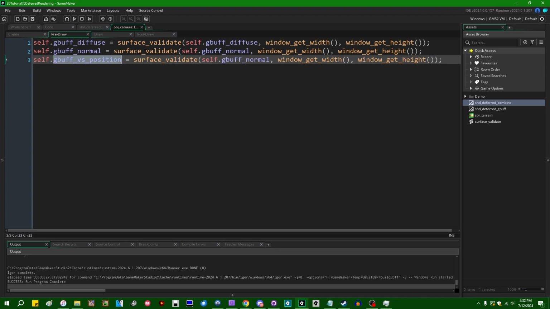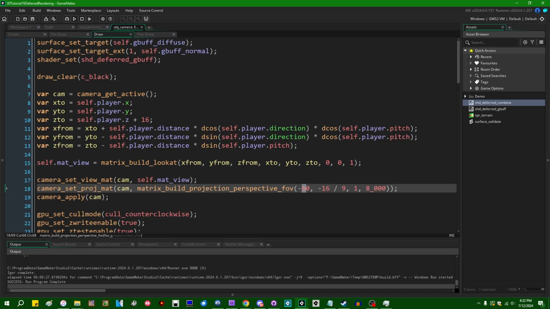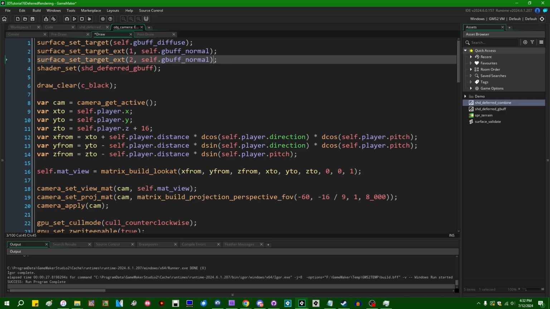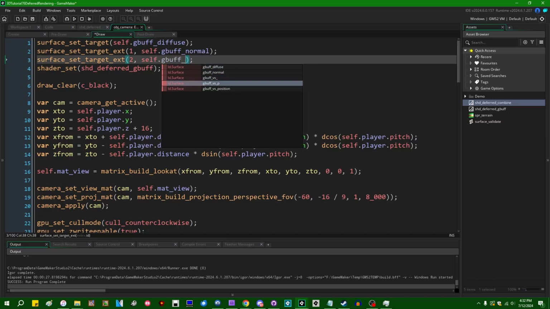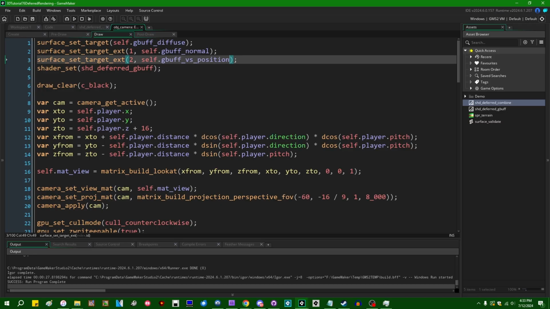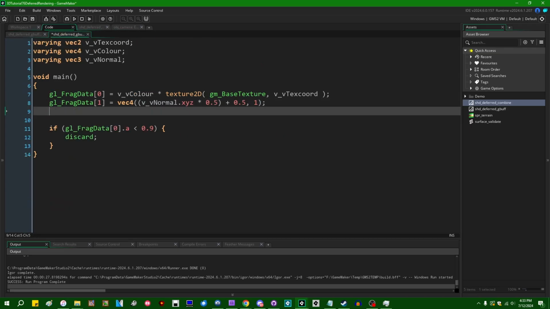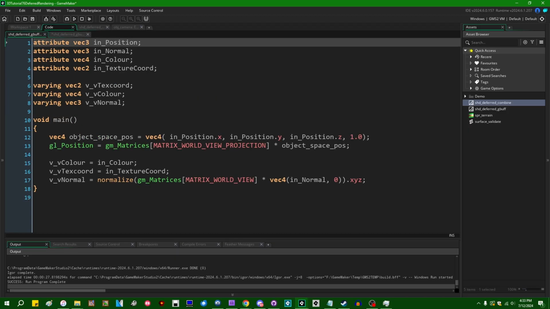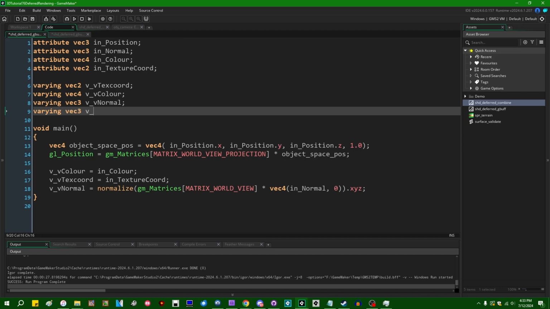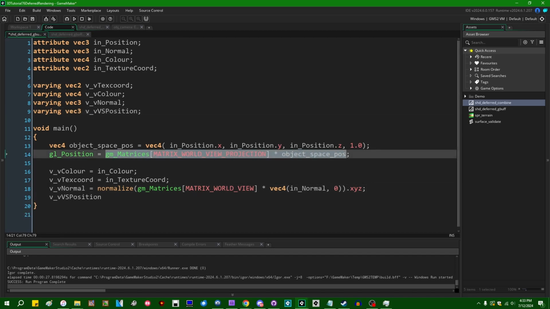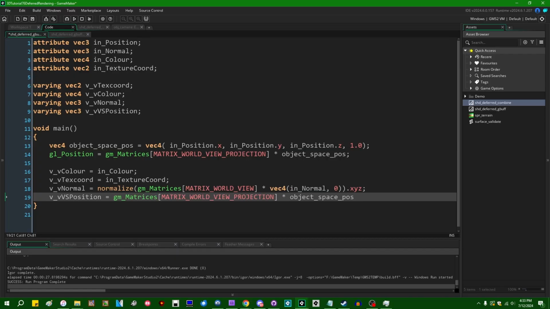People ask how to debug stuff in shaders, and a good way to do that is to just draw values to the screen, which sounds stupid. If I set the second MRT index to VS position, and go into the gbuff shader, gl_FragData index 2 can be... we don't have VS position, so I'm going to need to supply it. Varying vec3 v, what would it be? gm_Matrices world view multiplied by the object space position, and we're just going to grab the .xyz of that